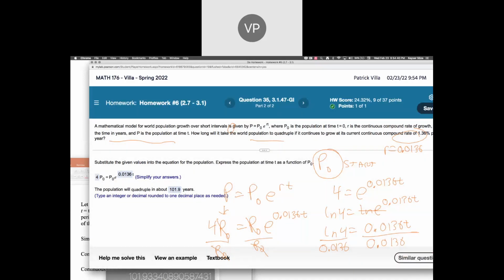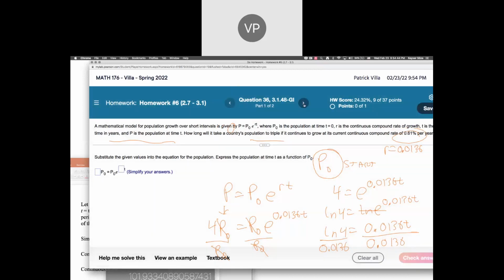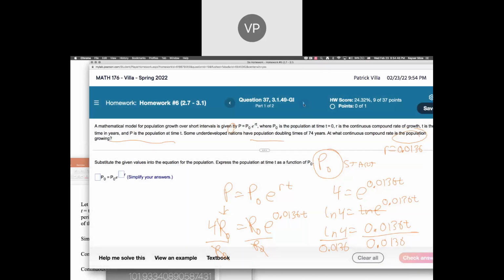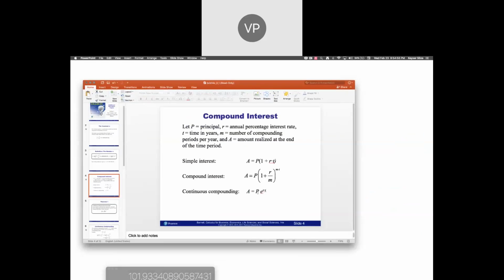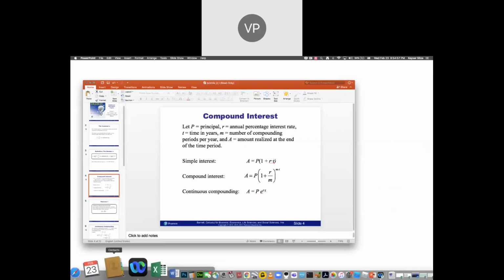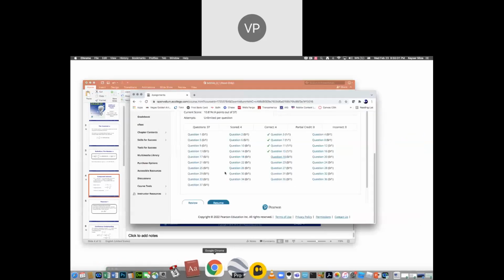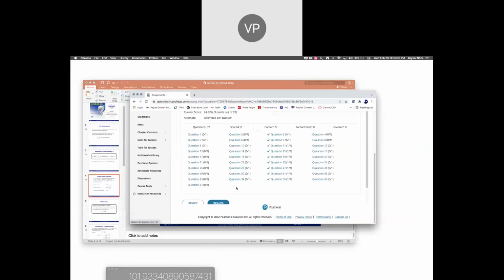Okay, so I think that's all that we've got here. I don't think there's a number 39. I can't remember though. Yeah, that was your last one here. So that's it for the homework. Like I said, this is a shorter week because of the holiday, and also just because it just happens that these 2 sections are a little bit less invasive, less going on here. So that's it. You should be able to finish all of this homework